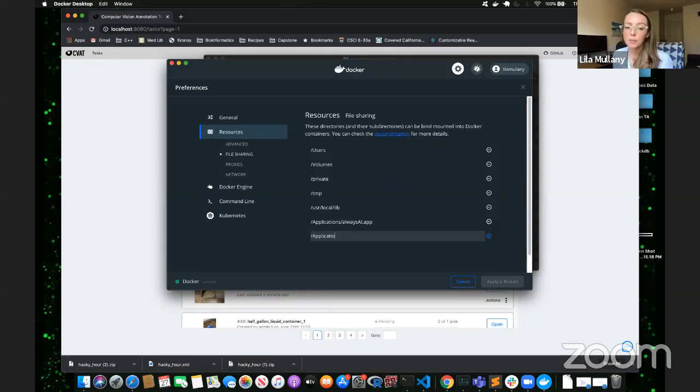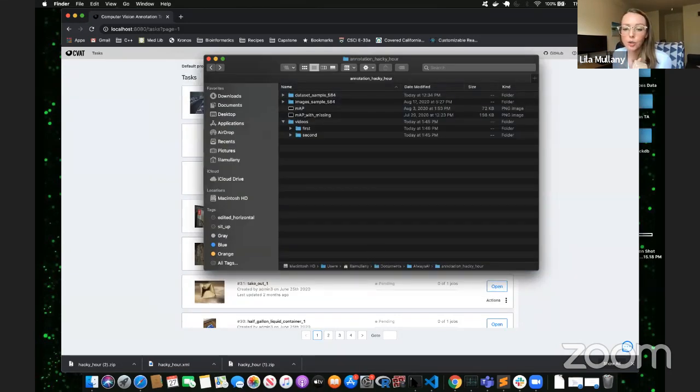You type in application/alwaysai.app, and then you press enter. And it should pop up, and then this will be blue, and you'll say apply and restart. And then that will take a few minutes. Once you've done that, and you have the latest installation of alwaysAI, you should be completely good to go. And then you go into your terminal, and all you have to do